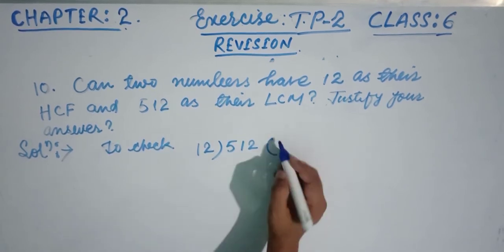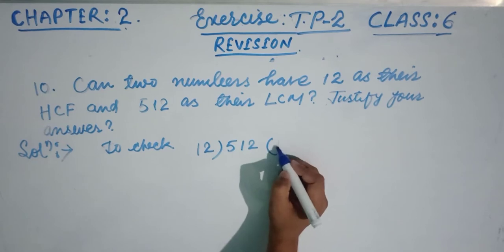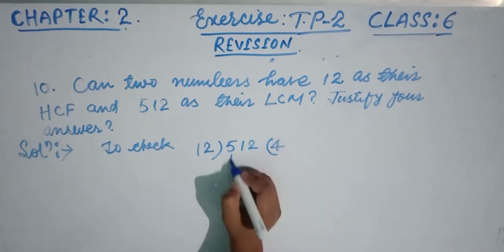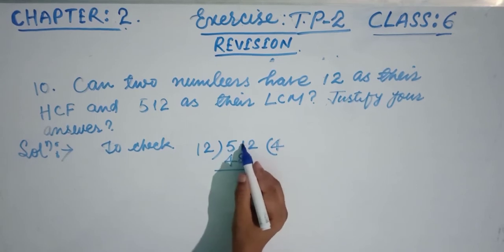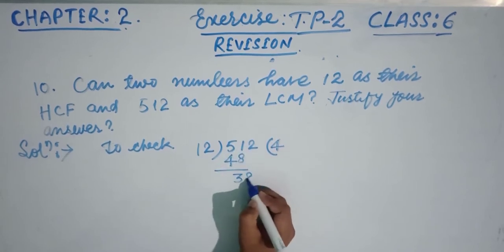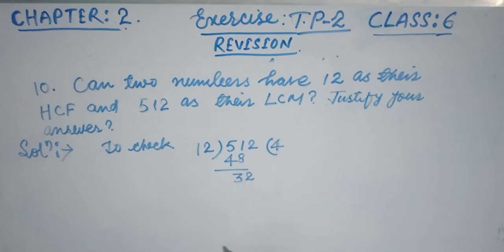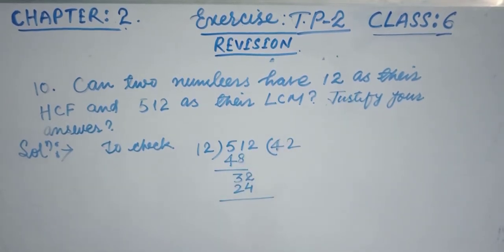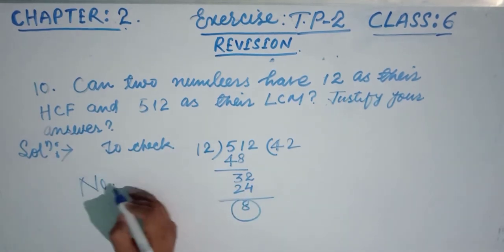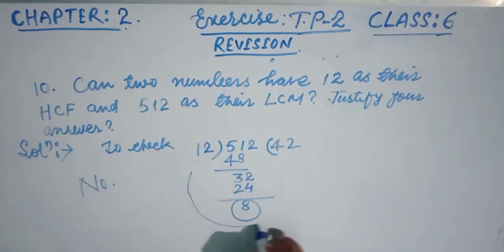Okay, now see 12 4 jo friends, 48. So write that this is 11. So 11 this is 3 and 2. 12 2 and 12 2 24 friends. So look at the friends, the remainder is not 0. So we can say yes, there is not. No friends, no. And justify your answer. The answer is with a reason.